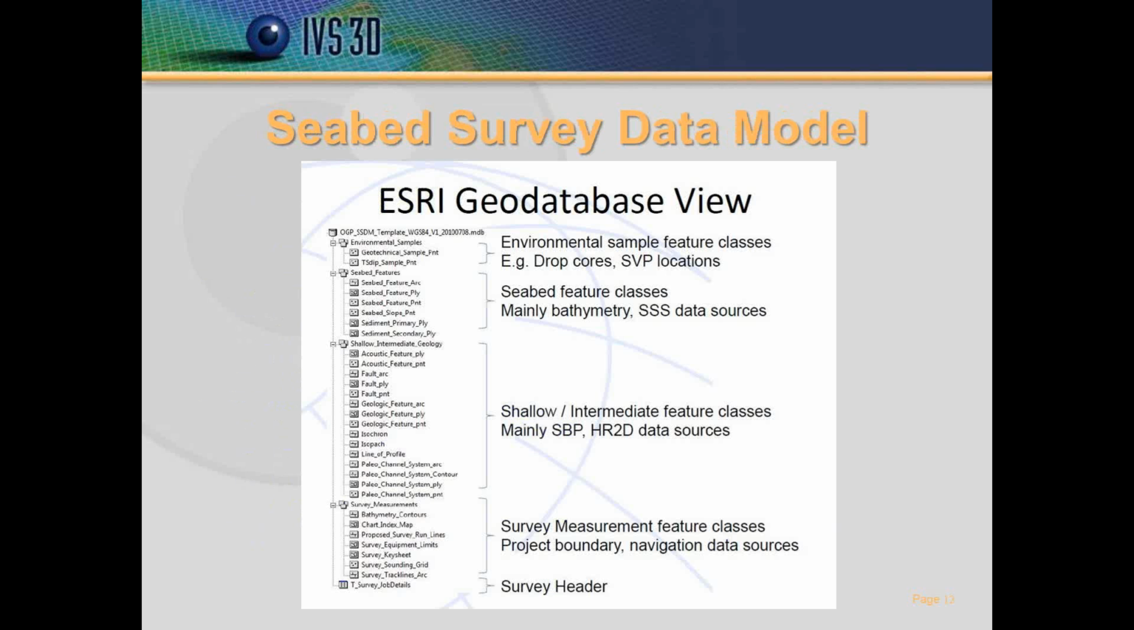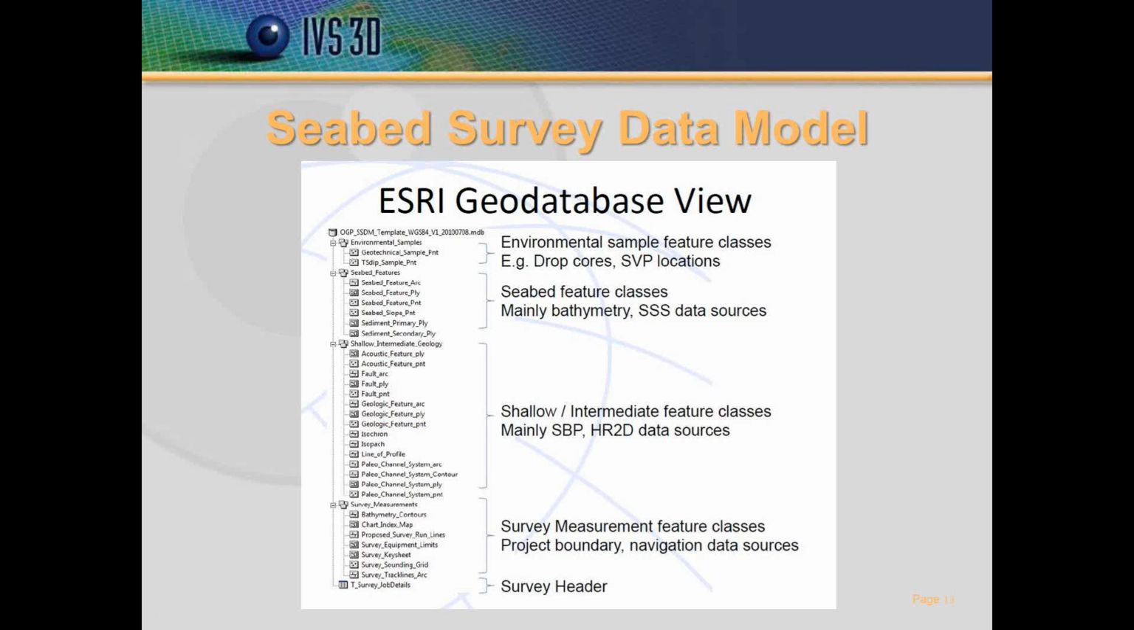One that's soon to be released in the oil and gas industry is the Seabed survey data model, and this slide just provides an overview of the different feature classes that they've defined for it. So you've got environmental sample feature classes, seabed feature classes, shallow intermediate geology feature classes, survey measurement feature classes, and that's one of the real benefits of the ARC integration that's been done within Fledermaus,